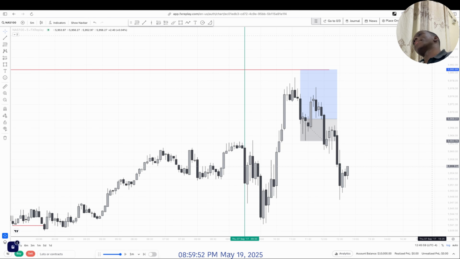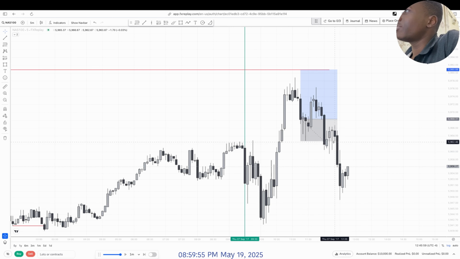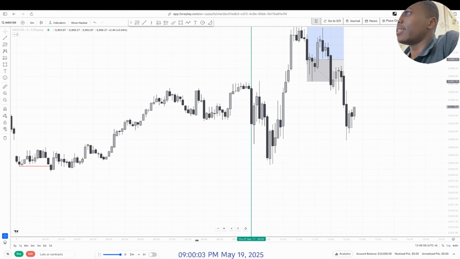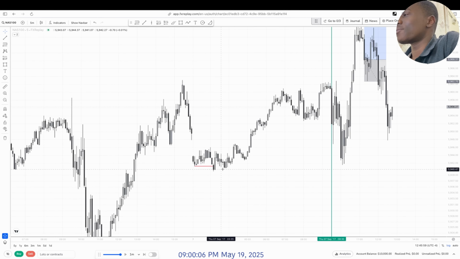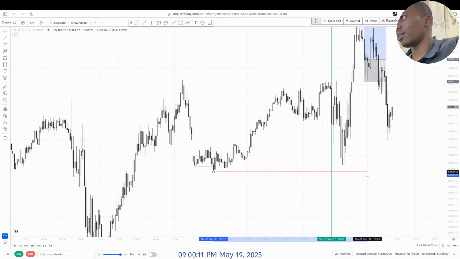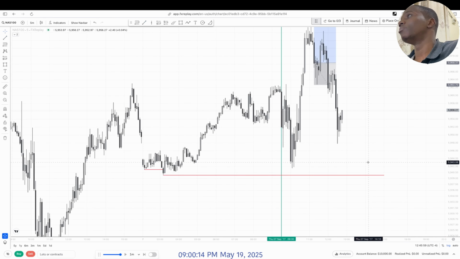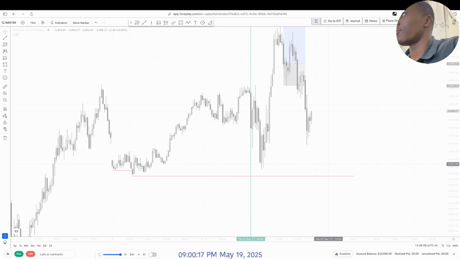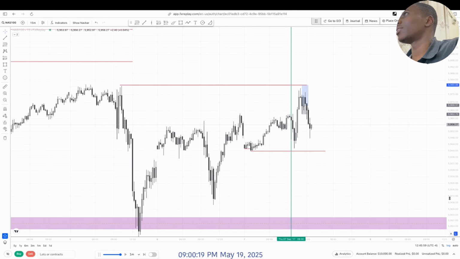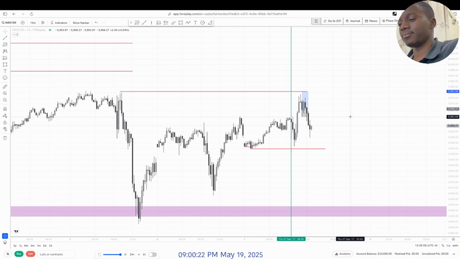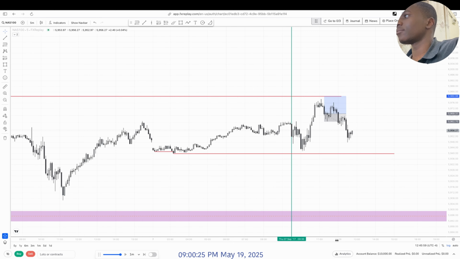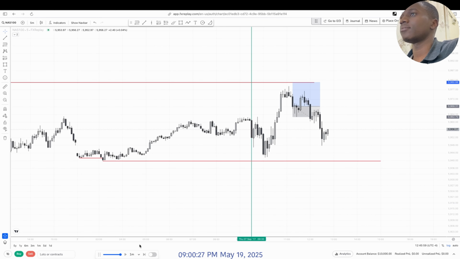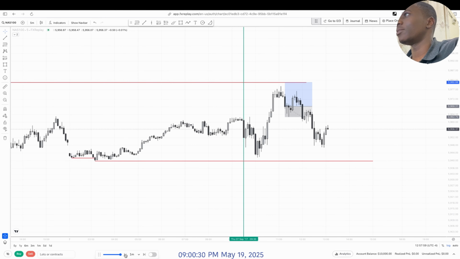Nope. And after getting stopped out, we can see that we shifted in structure, respected this fair value gap, created another one right here, respected it, and we might be going now for these lows. You can see there are strong holding lows, same as these ones. So our bias for the next day would be bearish. When you go on the 15 minute, you can see that we are creating nice price delivery here. If we don't get this entry today, maybe it's for tomorrow.